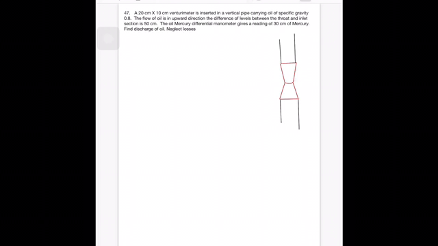This is a fairly straightforward question. Let us write the equation of discharge for a venturimeter first, and let us identify the unknowns. So the equation is Q equal to CD A1 A2 root 2GH divided by root of A1 square minus A2 square, where A1 is the area of inlet and A2 is the area of throat.